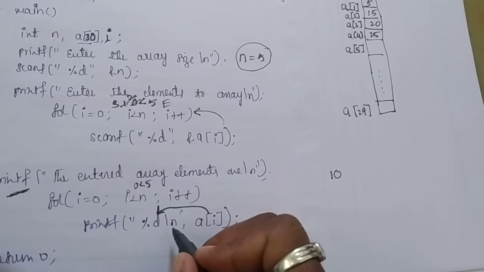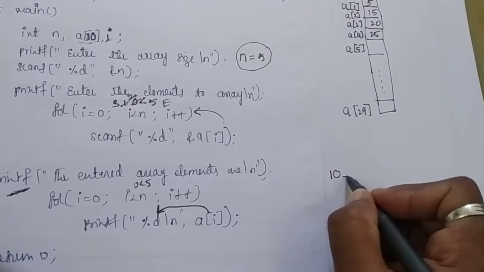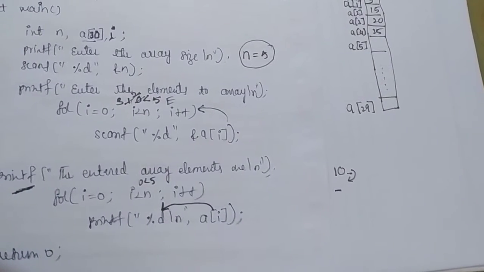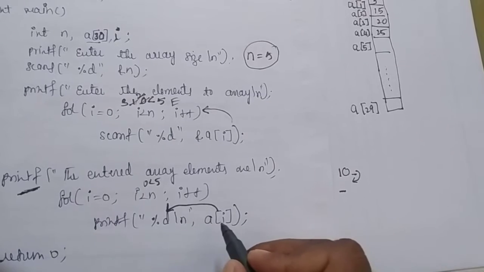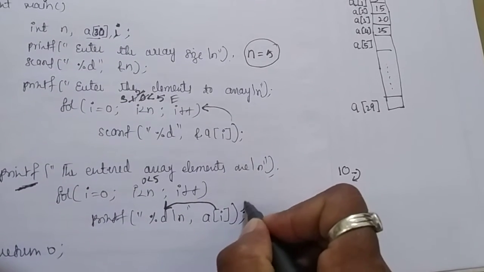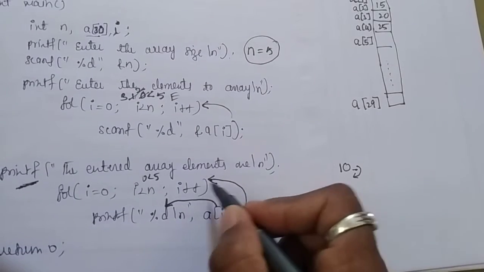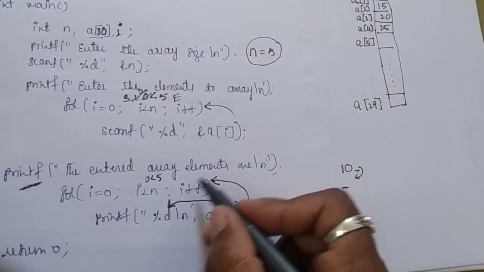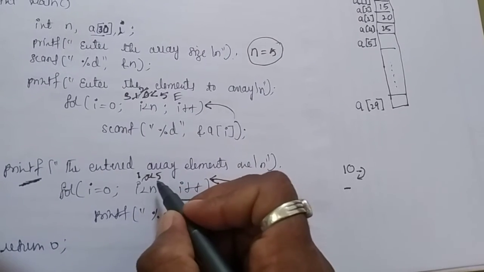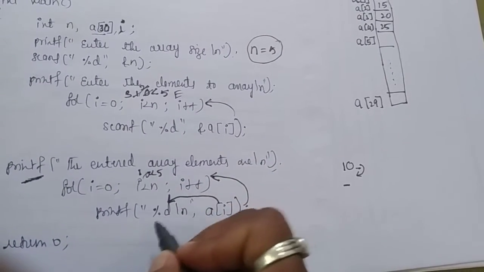Then what is there here? New line is there, so that the control jumps to second line. Okay na? So it is printing the first value and control jumps to new line. After that what happens? The I value increments. Loop executes. I value increments to 1. Earlier it was 0, now it is 1. Whether 1 is less than 5? Yes, condition true. Execute the printf statement.